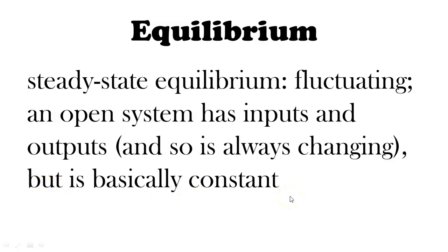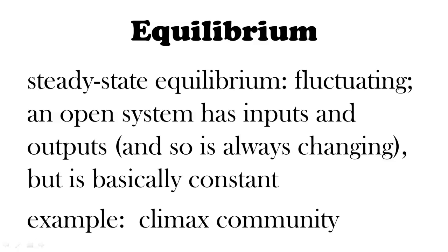constant existence. An example here would be a climax community, which is basically something that you would see in mature forests, or we also call them old growth forests, where you'd have large trees. The organisms that live within this ecosystem have already adapted to being there, and you no longer have changes in this environment taking place. Now, in this example, the climax community will remain relatively unchanged until it's destroyed by some kind of catastrophic event, such as a forest fire,